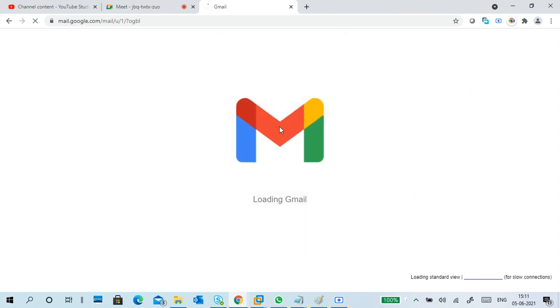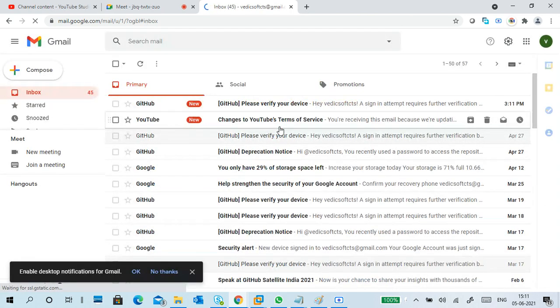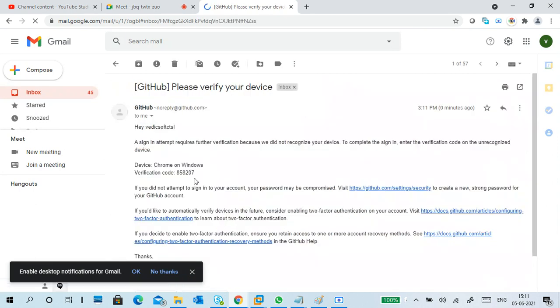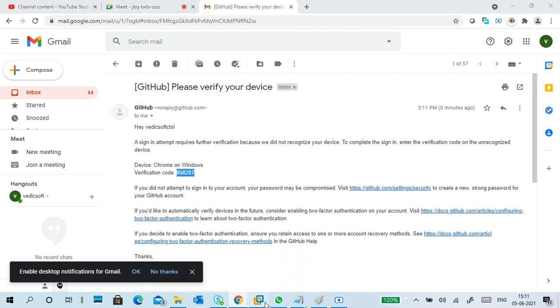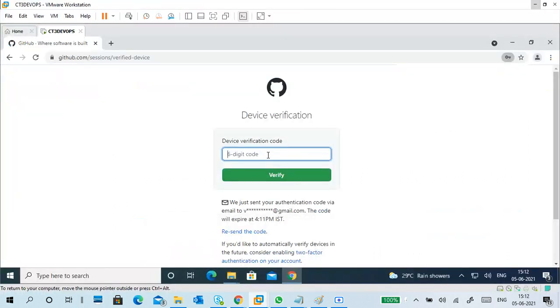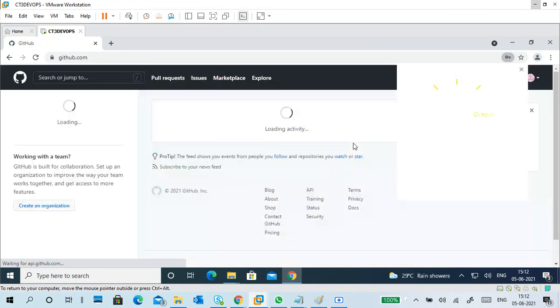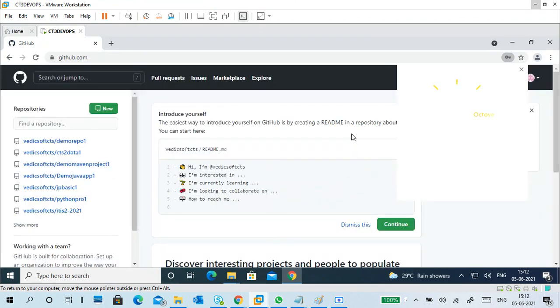Since I logged in earlier on a different machine, that's why it is showing like that. My suggestion is better to do it on your physical machine. Logging in on a physical machine is enough. Okay, now I logged in successfully.